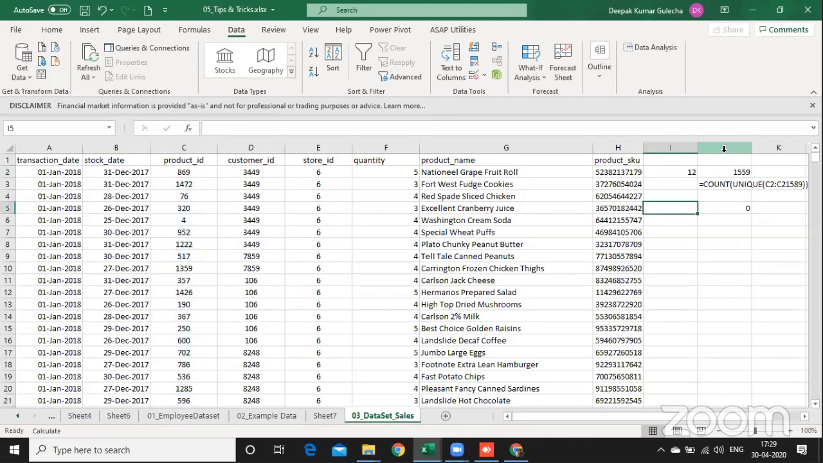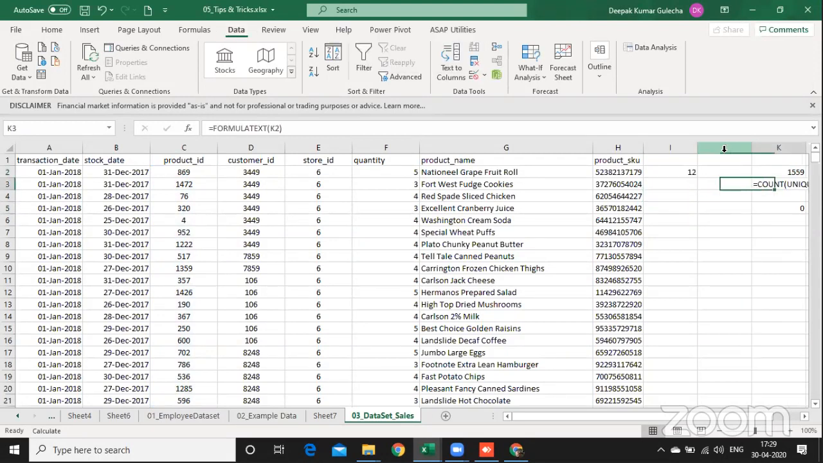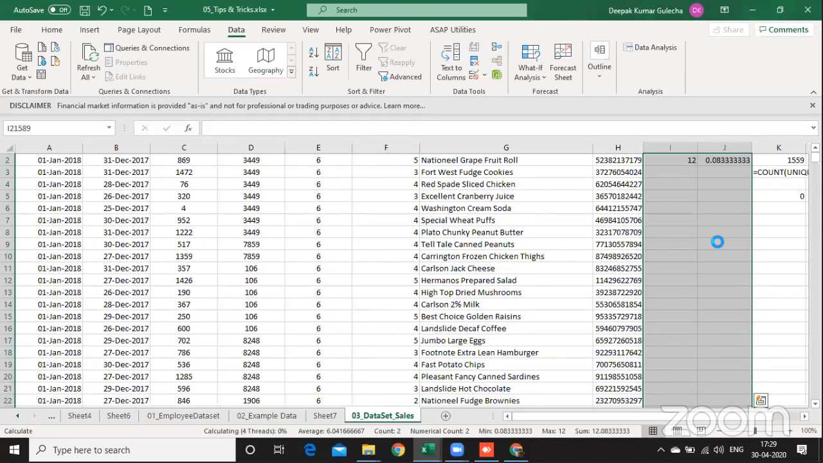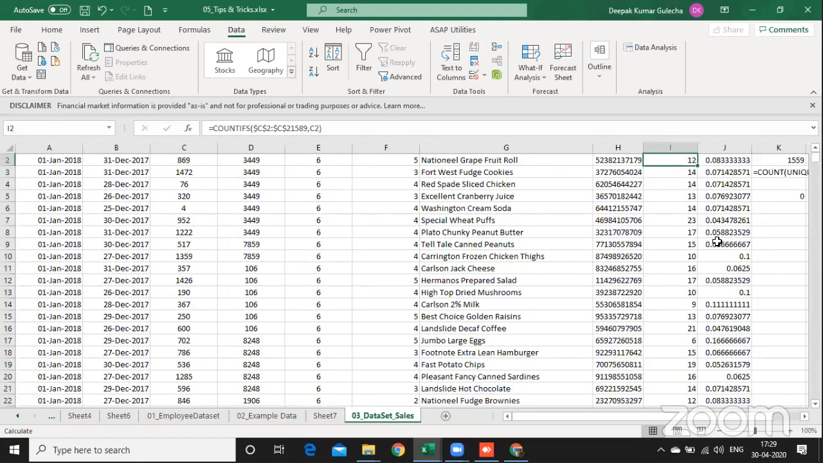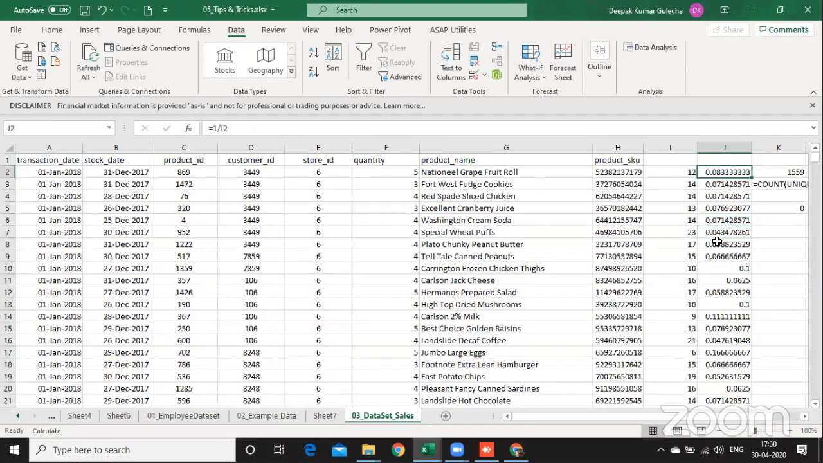So this value appears 12 times. I'm just dividing 1 by 12, 1 divided by COUNTIFS. Because when it is 12 times and I add this value up, it will become 1. Some products appear 14 times, some products appear 23 times, and so on. So when I add this column,